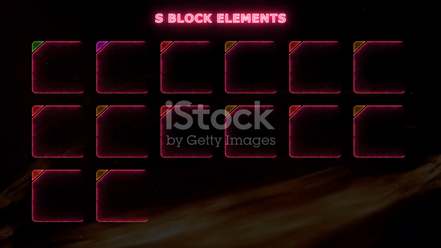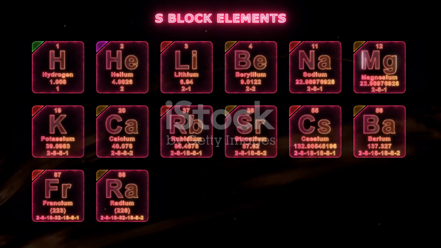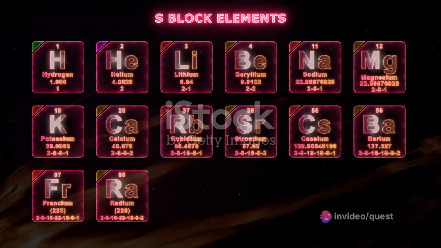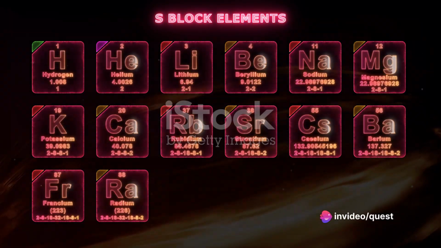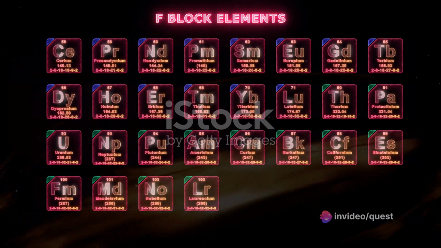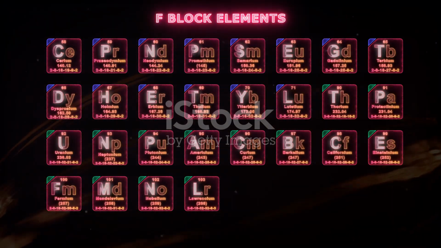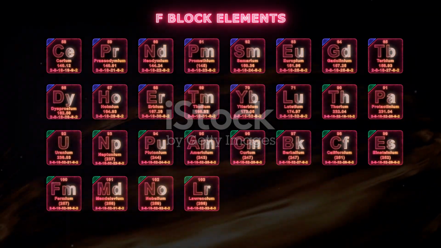The periodic table is divided into 4 blocks: the S block, P block, D block, and F block, each representing a different type of atomic orbital. The S block on the far left of the table comprises 2 groups, the alkali metals and the alkaline earth metals. The elements in this block have their outermost electrons in the S orbital, which can hold a maximum of